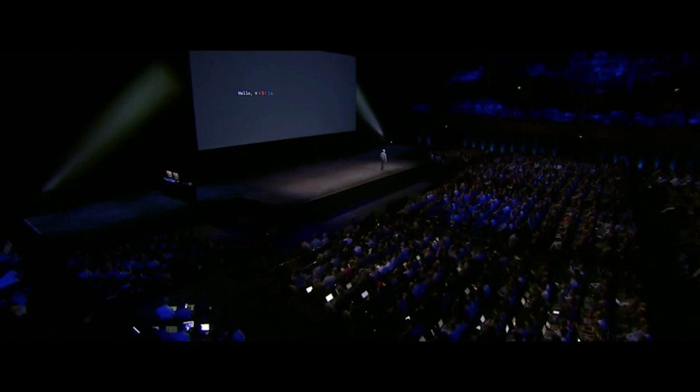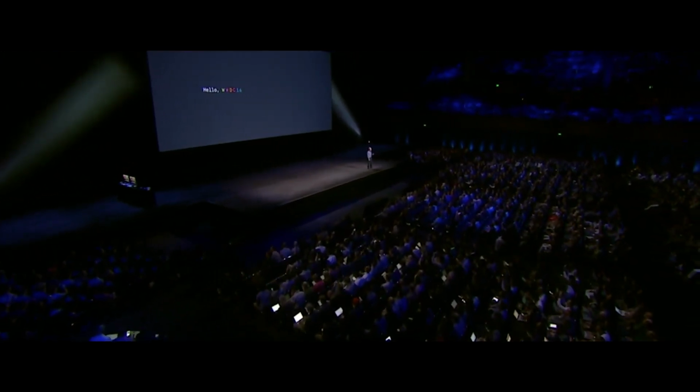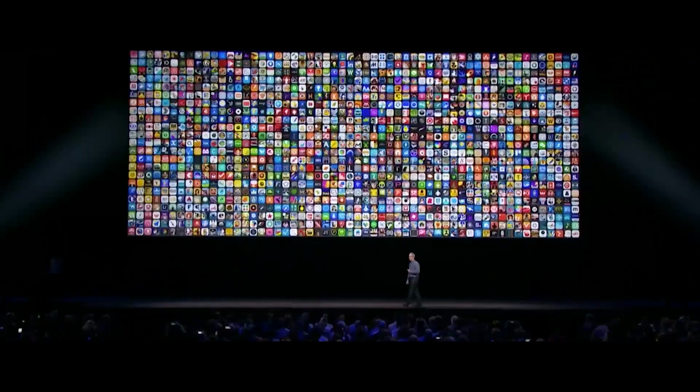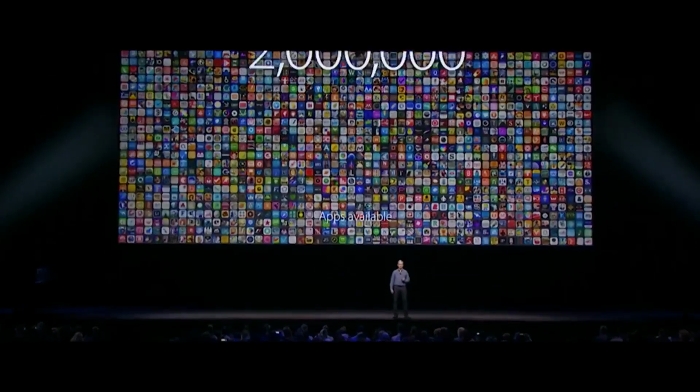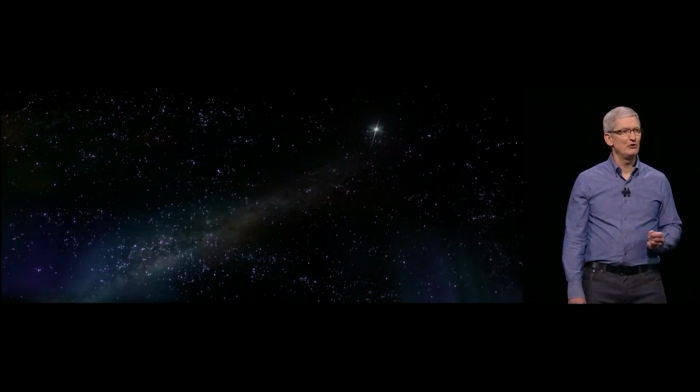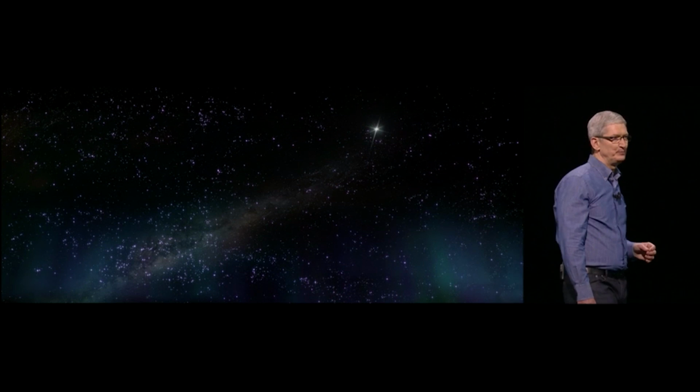We have a really big and jam-packed morning planned for you, and we couldn't be more excited. We now have 2 million apps on the App Store. We're going to talk to you about 4 Apple platforms: